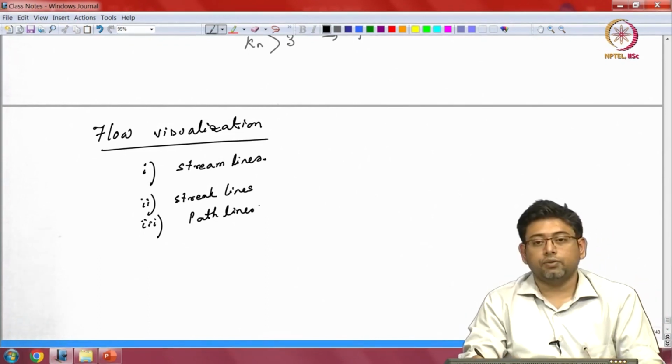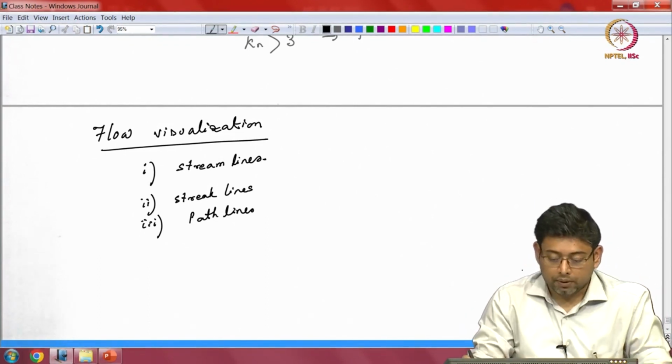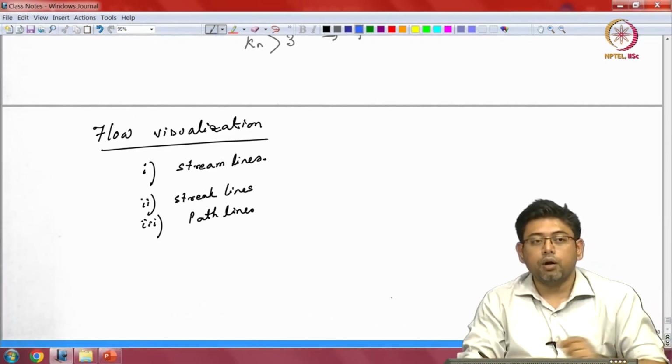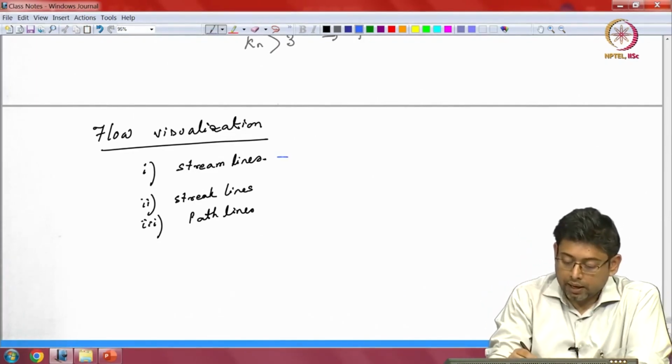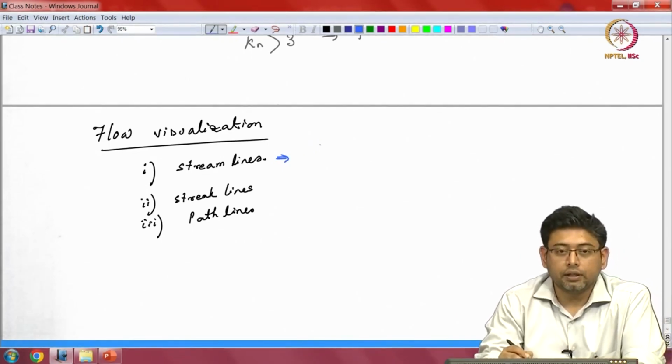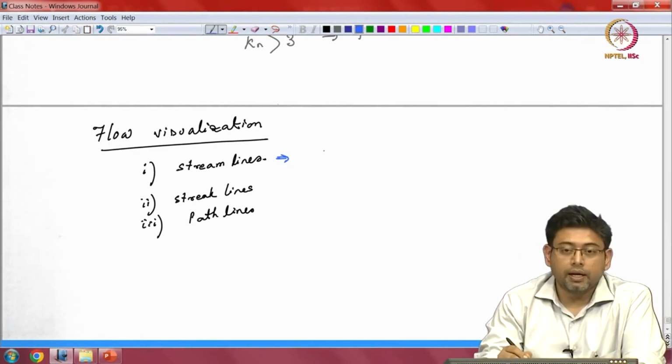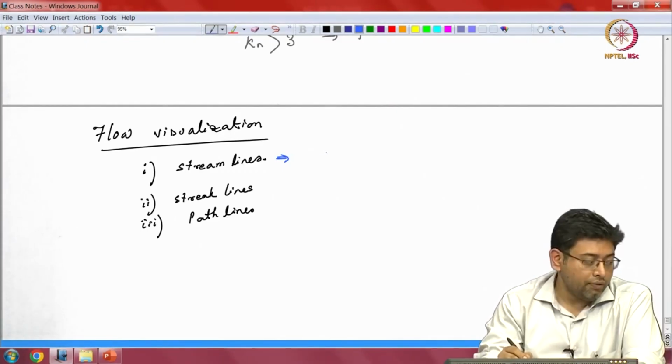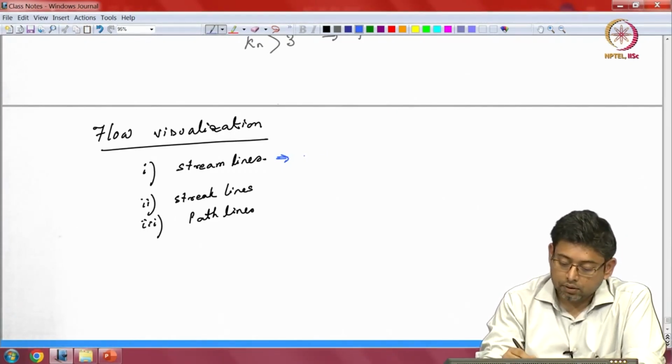There are some other lines as well, but these are the most common, right. The streamline is very important because this line is such that the flow field is everywhere tangent to this line, right. So, a streamline is a line such that everywhere it is tangent,